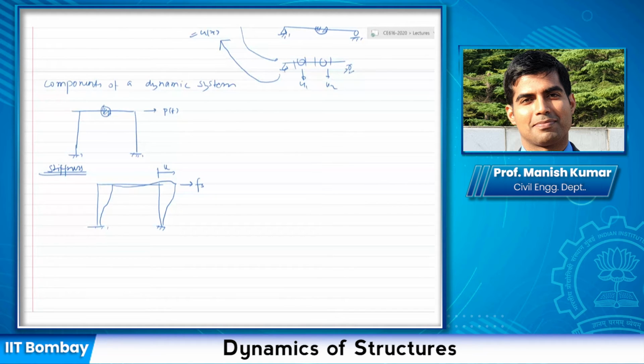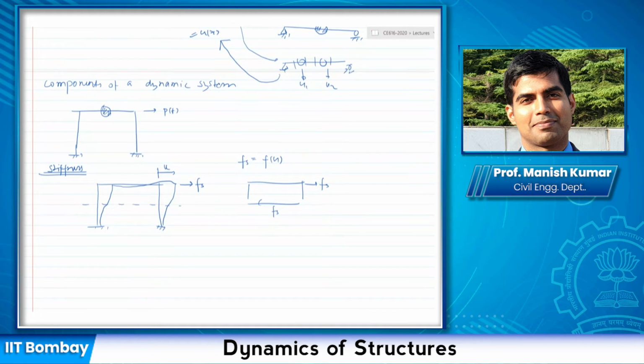Okay, clear. So what I want to do is find out the relationship between Fs as a function of U. Okay, so that is my goal here. If I take the free body diagram of this, if I cut this structure in half, I have Fs applied here. So the resisting force would be due to the deformation of the structure. I would have a stiffness force or the internal force, which would again be Fs.